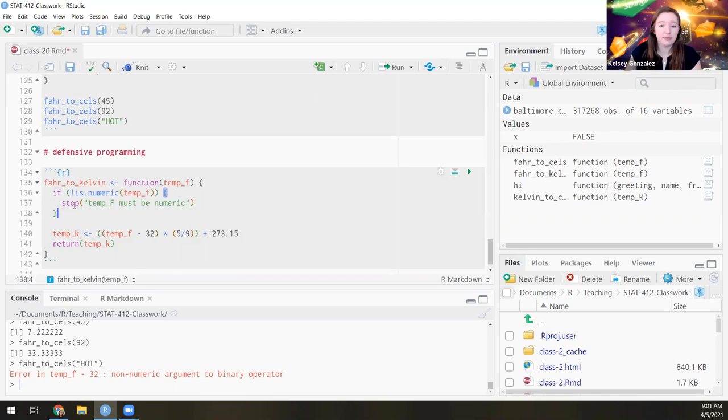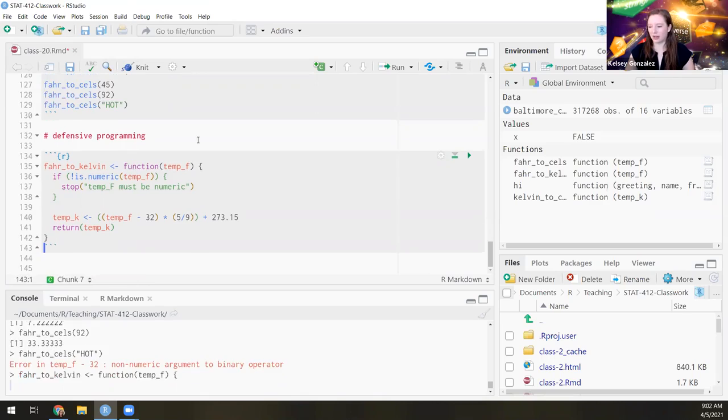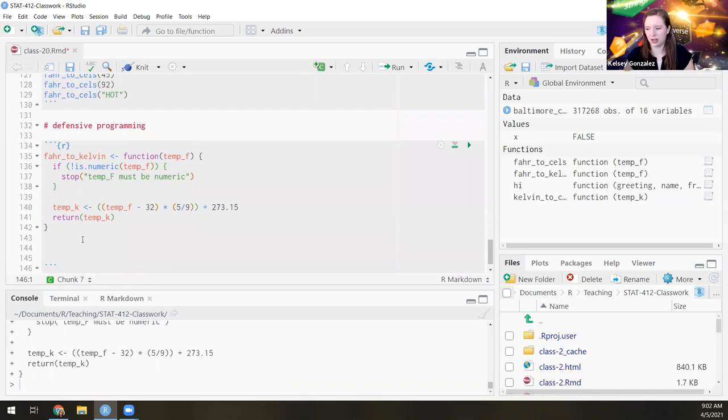And then if that if statement is not triggered, so if it is numeric, that will just be ignored and the function will continue on as normal. You could also do else, but you don't have to. The if statement is just saying, if this thing, do this. And then if it doesn't get triggered, it'll just continue on with the rest of the function. And because it's inside of a function, you don't technically have to do the else. So let me run this. And then let me try to do